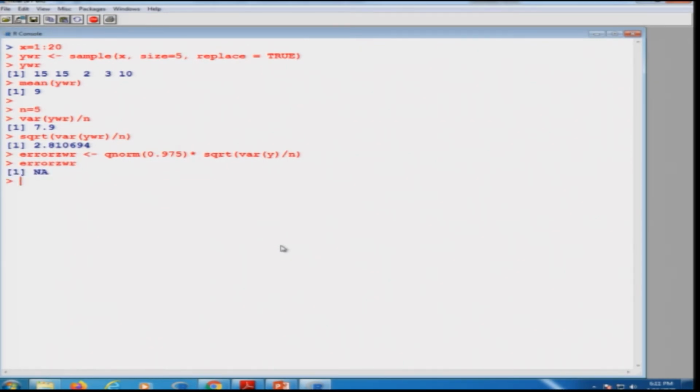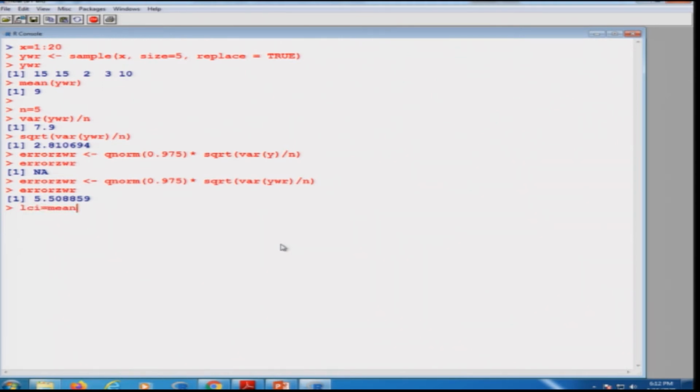Why is this NA here? Because you have not replaced y here by YWR. So, you can see now this comes out to be the correct value. And now, if you try to find out the lower confidence limit, let me call it LCI, that will be